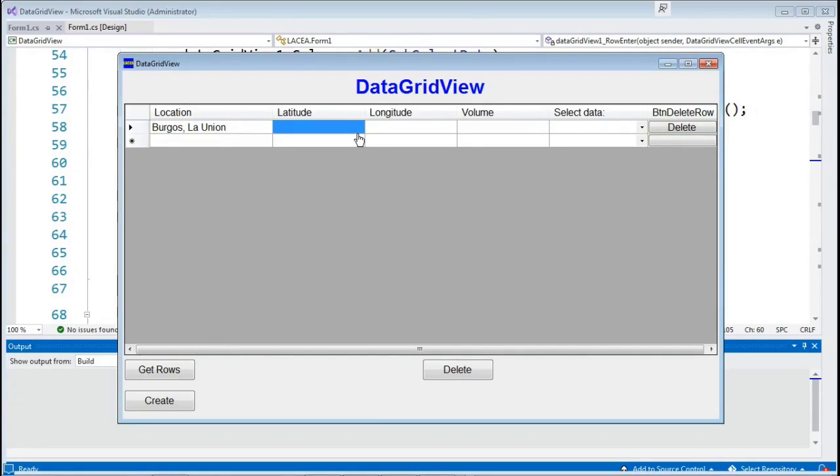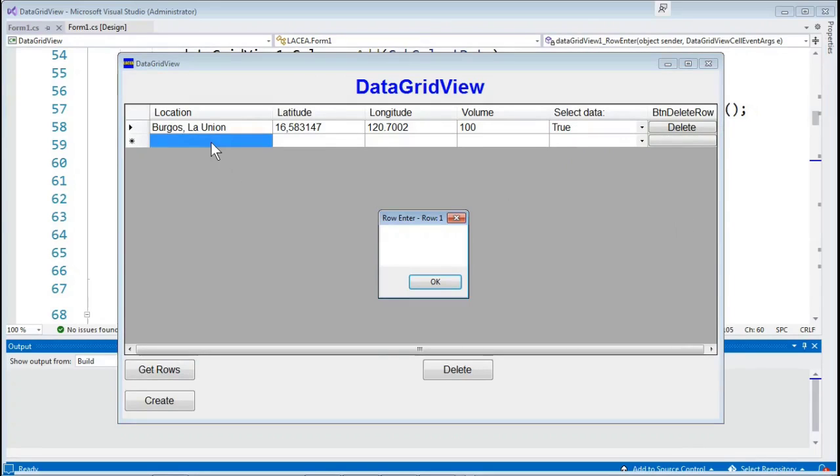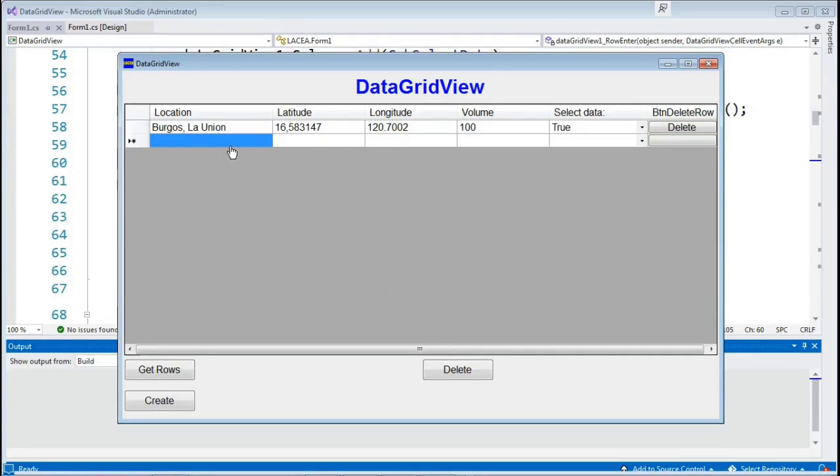latitude, for example, longitude, volume. I left click this drop down button and then select true. Let us add another row. For example, I left click the second row and it triggered the CPU to run the row enter event. I type,